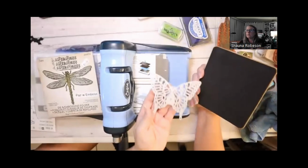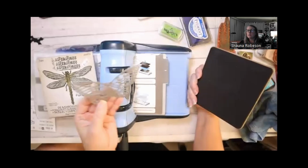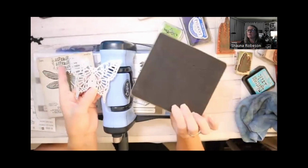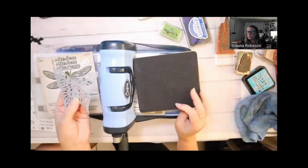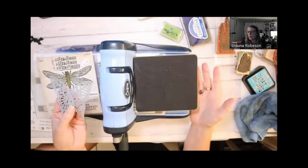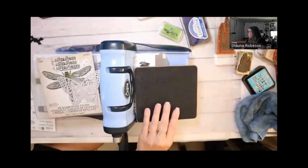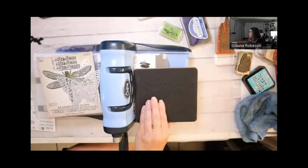These are the thin ones. You can see they take up a lot less space, so they're very easy to store, easy to manage compared to this. This is basically a dragonfly and that's a butterfly, so you can see the difference in the space they take. But if I wanted to do 10 dragonflies at one time, I'm not sure if I can handle that much, or if I wanted to do a thicker chipboard, for example, I would need to use something like this